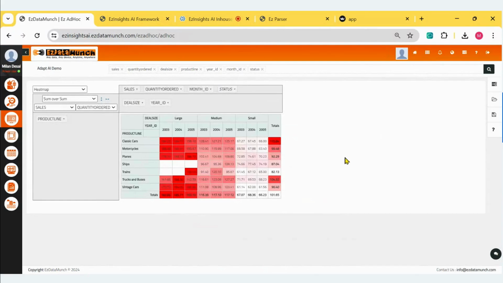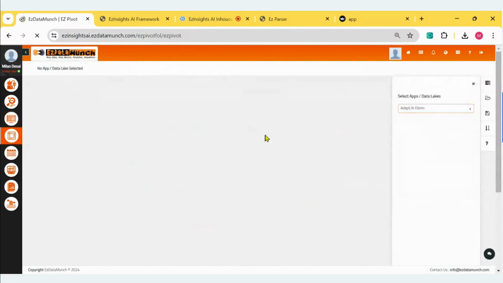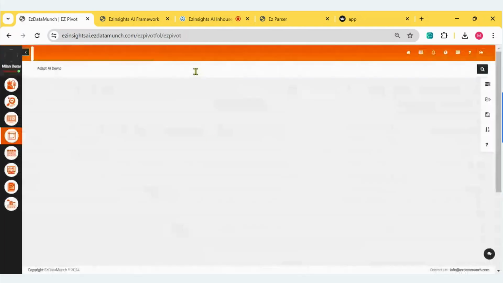And once you generate these insights, you can again save these insights and share with other users who have access to this data. So the idea again is how quickly you can generate this and how easily you can collaborate and share these insights. Something similar, this is an advanced pivot functionality we have with a drill down capability. So I'm going to use the same data set just to demonstrate that one final point, and then we'll open it up for Q&A. So I'm going to use the same sales, order quantity, deal size, product line,